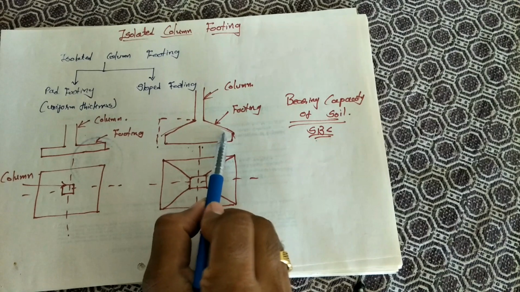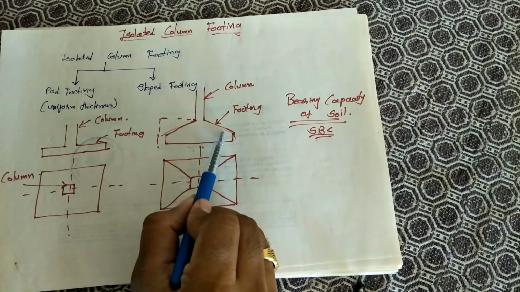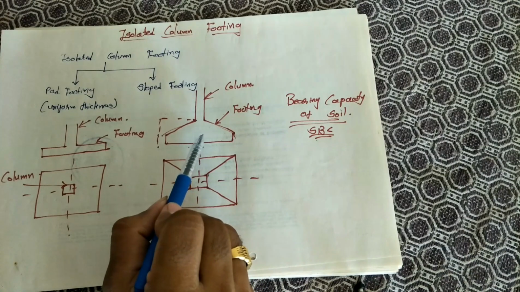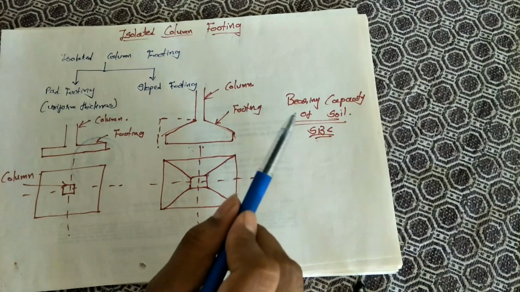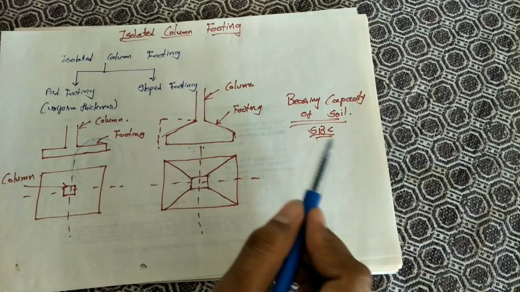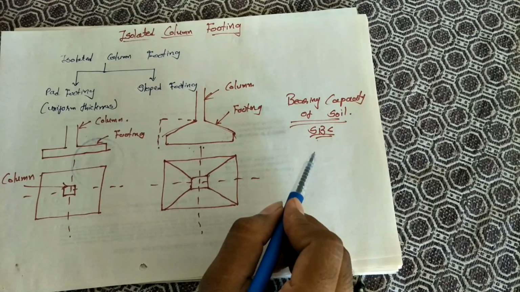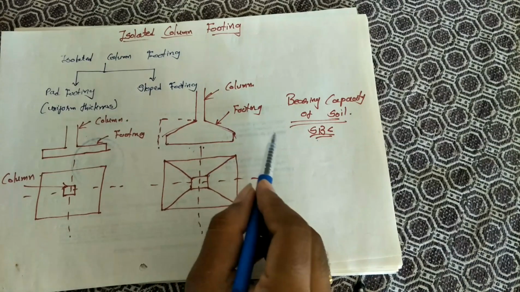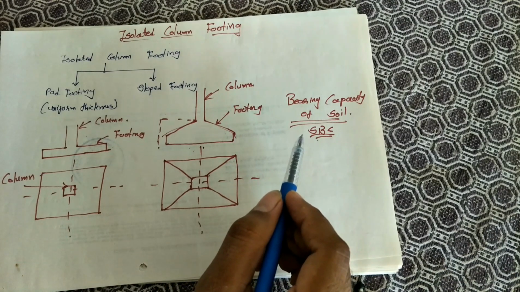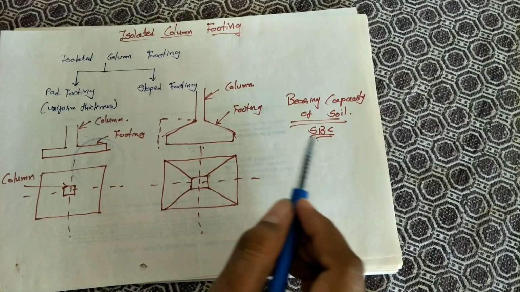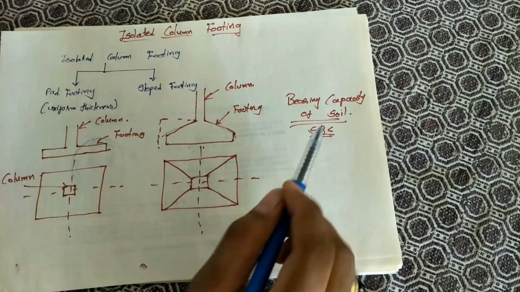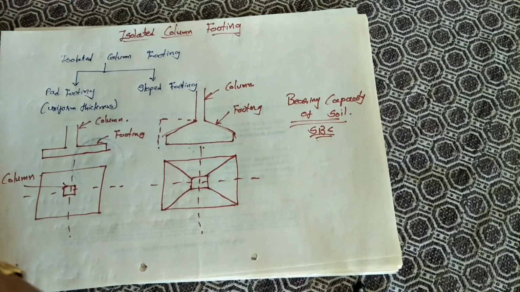It is the total pressure acting at the base of the footing, including the self weight of the footing, weight of the column, and overburden pressure of the soil above the footing. And the net pressure at the base of the footing after deducting the weight of the excavated soil. For a footing, we have to remove the soil; the excavation procedure is done. So the weight of the excavated soil is the overburden pressure, and the result is called the safe bearing capacity of the soil.